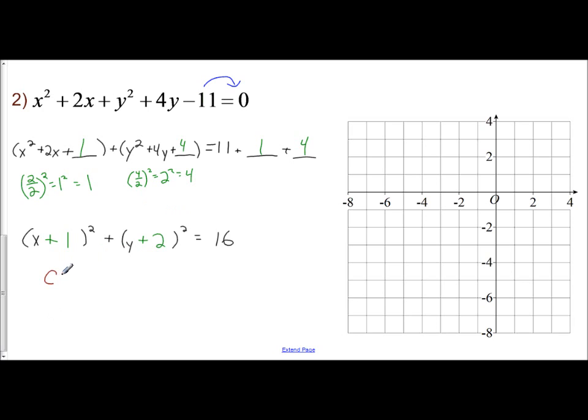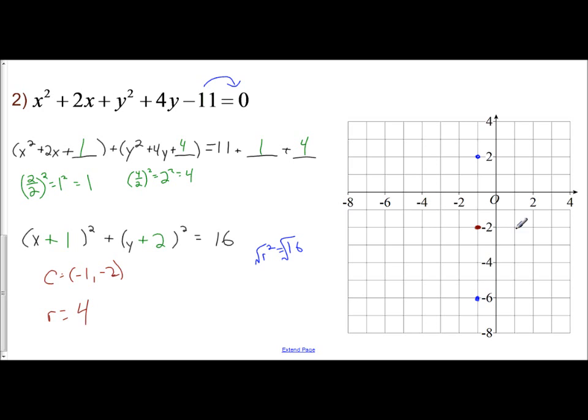The center here, (h, k), is (-1, -2). So I can go ahead and go to (-1, -2), and there is my center. To find your radius, remember 16 represents r squared, so you take the square root, and the square root of 16 is 4 units. So to use this, you go up from the center 4 units, mark it, go down from the center 4 units and mark it,